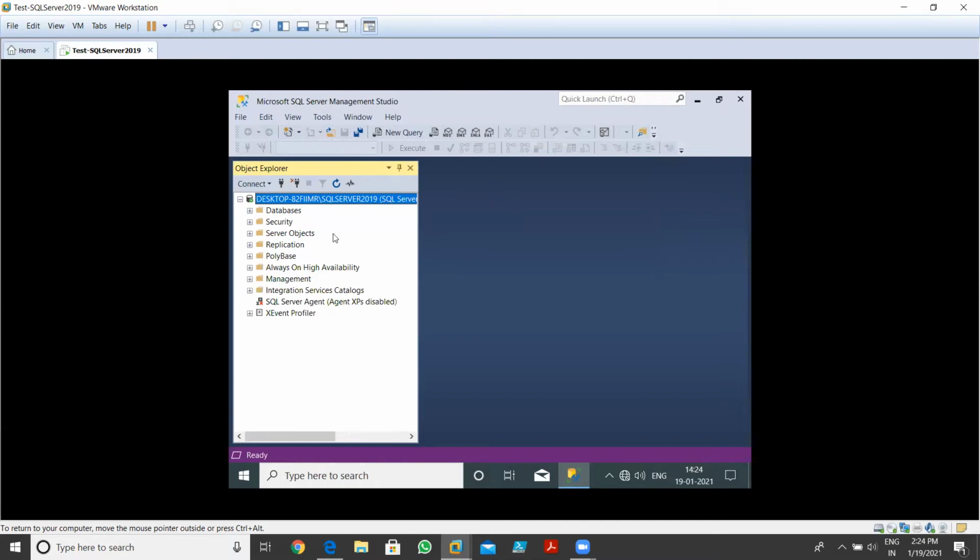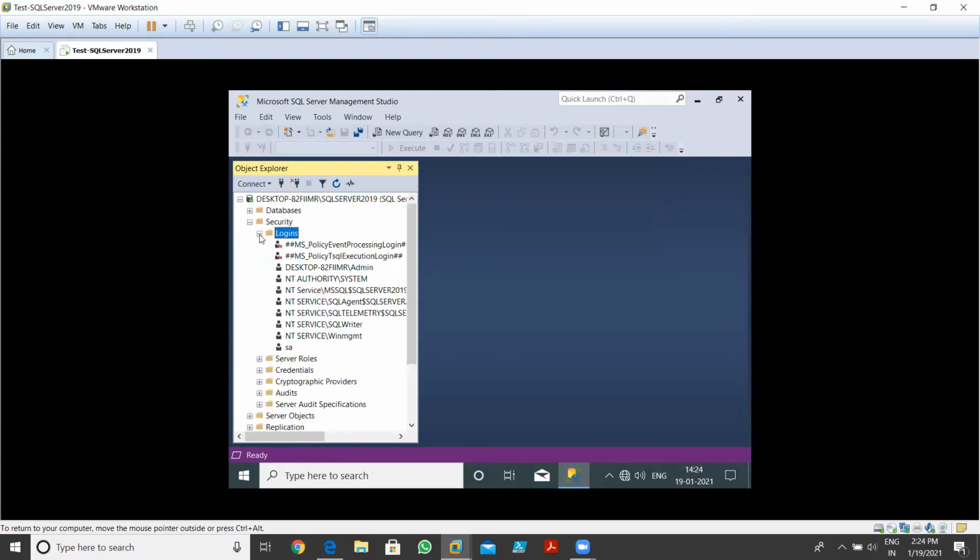Now for user accounts, you need to go to the Security tab. You can expand it over there. We have the option Logins. Once you click on Logins and expand it, you can see so many things there. As you can see, my user is also shown, through which I am logging in to the server. And we have another user, whose name is SA, meaning SQL Server authentication account. This is the authentication account of SQL Server.